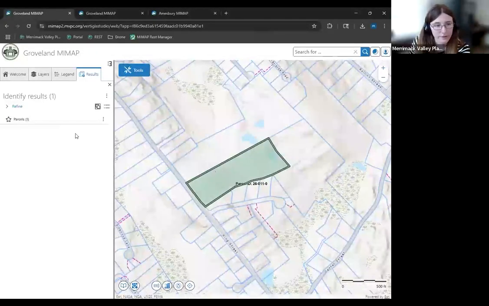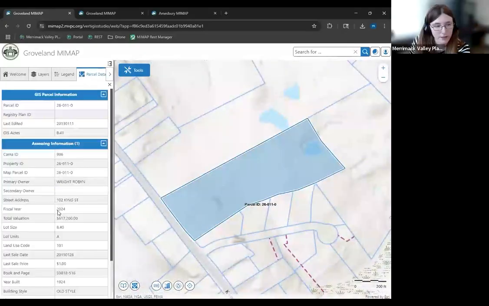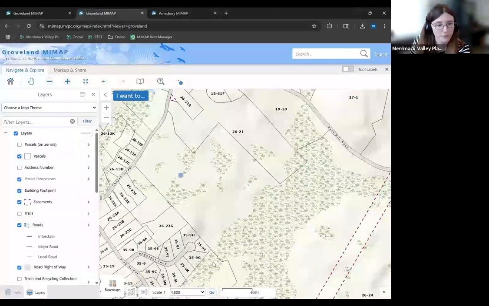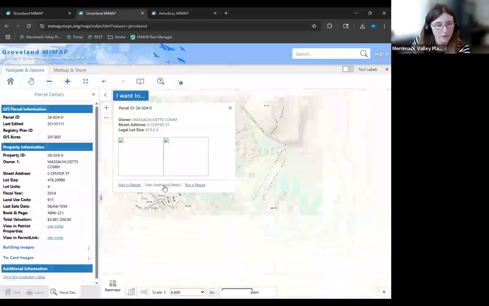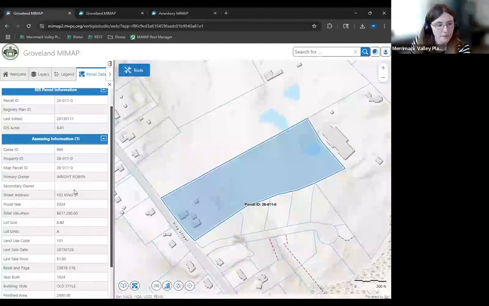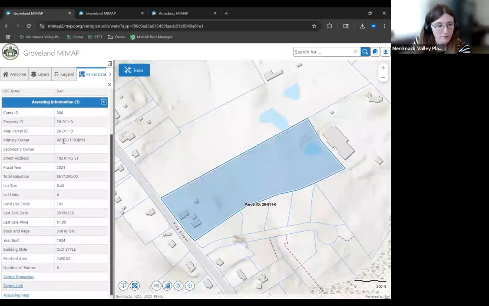And now, of course, as I mentioned earlier, the parcel data: when you select a parcel and look into it, you can hit parcels, look into it, and you get our normal parcel component information. Now, this is a custom piece of the application, which is based on the existing one. When you click View Additional Details, it has pretty much the same look, same information. So you can scroll through and look at your information regarding the parcel itself, like the ID, whatever plan was used to make the boundaries, when it was last edited, and the acres calculated from the boundaries on the map. And then, of course, all the information for the owners.